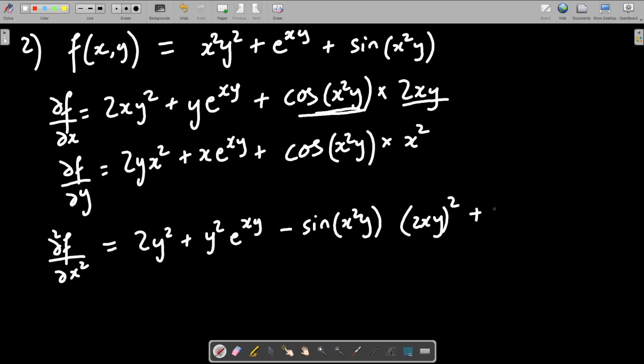And plus, take the derivative of the second term. So that will become cos of x²y into